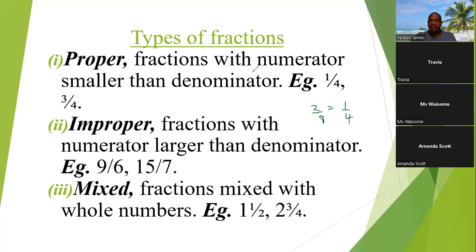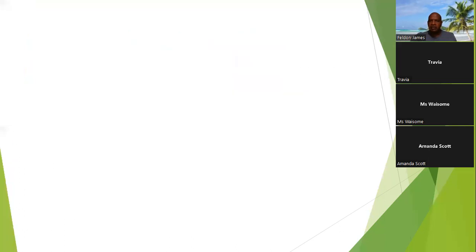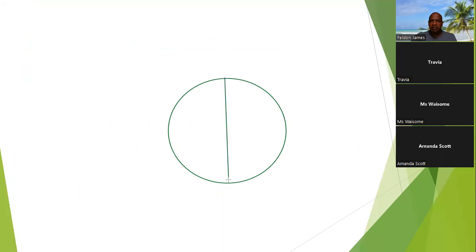And you could easily demonstrate that if you have, let me see if I can give some clarity to that, because you see, we often use these concepts and we never really take the time out to truly see what is really happening from a picture point of view. All right, so from a picture point of view, if we cut this up into 4 slices,